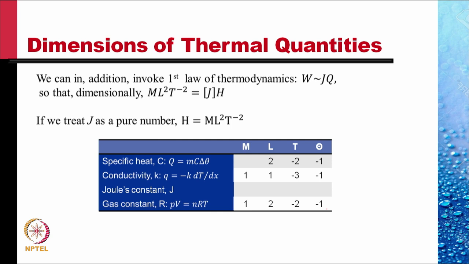Conductivity would change as M1 L1 T minus 3 and theta is equal to minus 1. The Joule's constant is now dimensionless by definition, and the gas constant would have a dimension of 1, 2, minus 2, minus 1. I would recommend strongly that you work out the dimensions of conductivity and gas constant on your own. Now we can further modify this